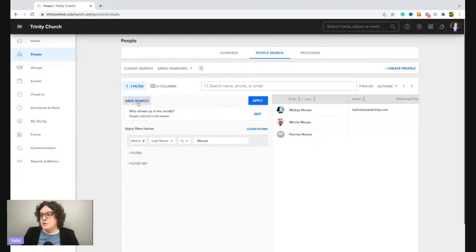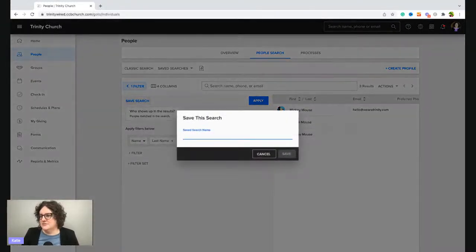And then you can always, so let's say this is a search that I want to run regularly. I really want to keep up with what the mouse family's involvement is. So I would go up here on the left and click save search. And then I would do mouse search.